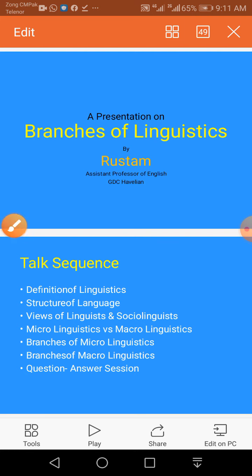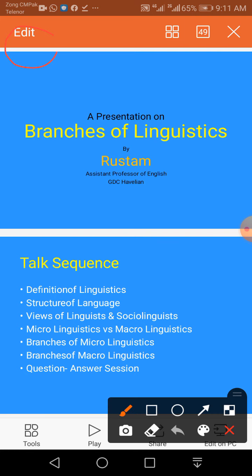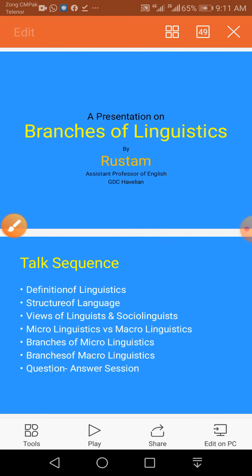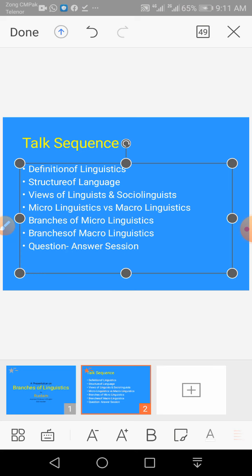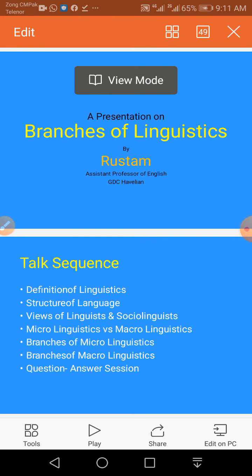And whenever you want to create a new slide, you have to click on the edit button, and here you can select and do whatever you want to do. You have to press the screen like this. After this, you can record your presentation using X recorder. Let's assume that now I have done the helmet of a student. Okay, now I'm a student.